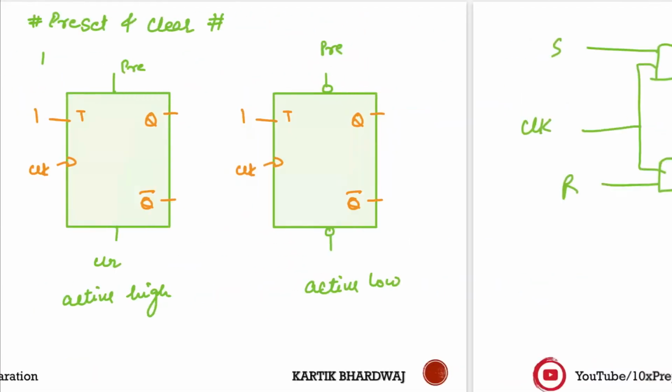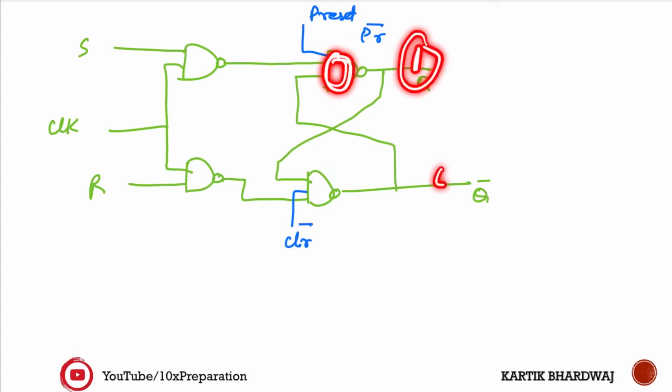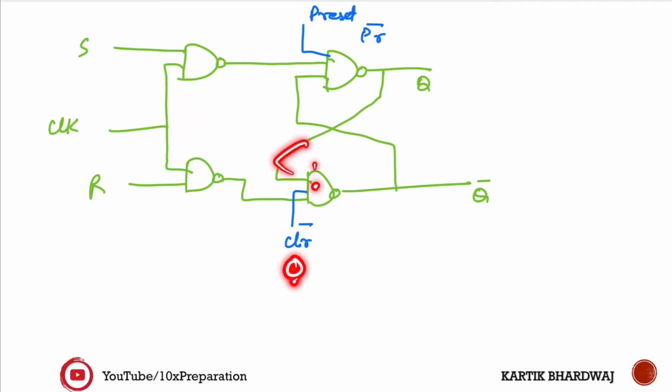Now come back to the preset; both are low active circuits. If you give 0 at the preset, whatever is there, the output goes to 1 here. If that is 1, the other output is definitely 0, because both are complementary. Again, if you put 0 here at clear, because it is low active, whatever inputs are coming, it will forcefully make the output 1, because a NAND gate is there. Then by taking the NOT of this 0, you get high.